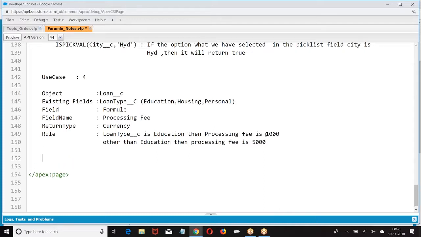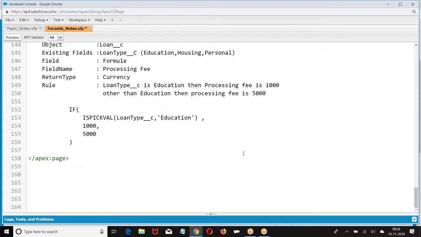How do you write it? If is Pickval loan type is education, then 1000, not an education.